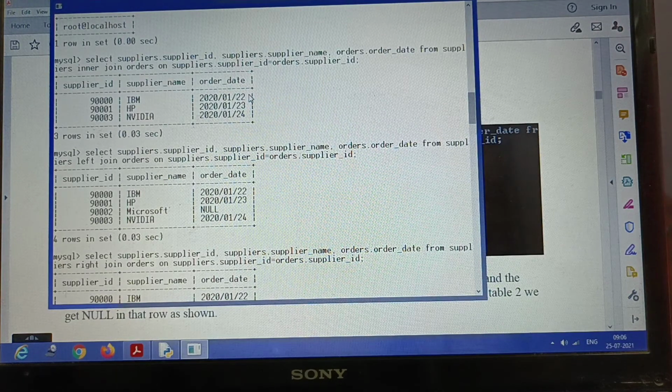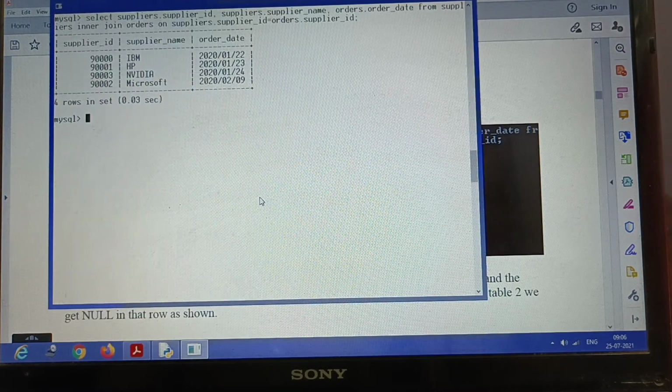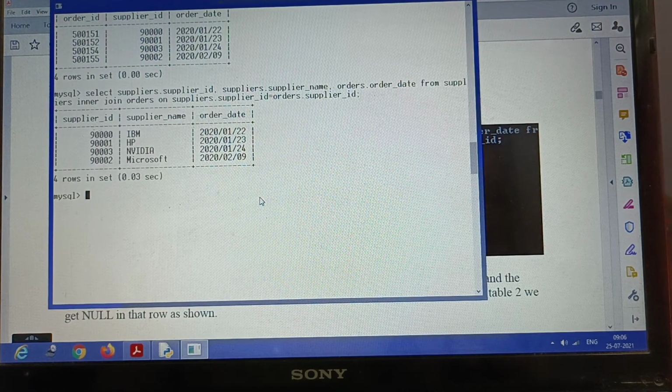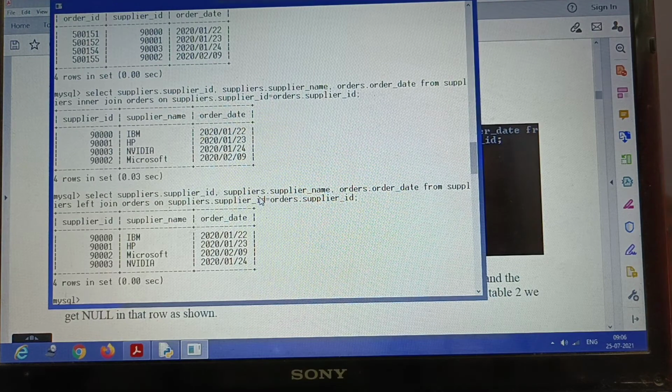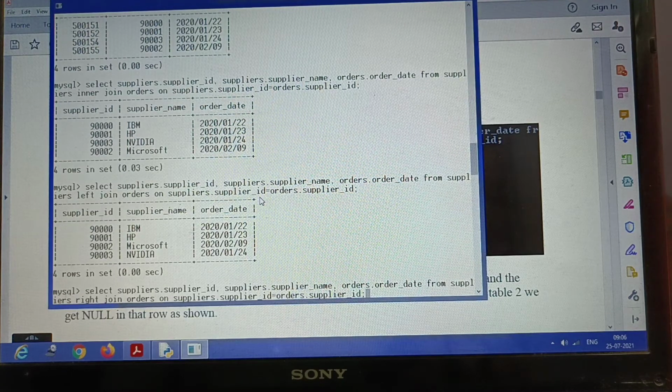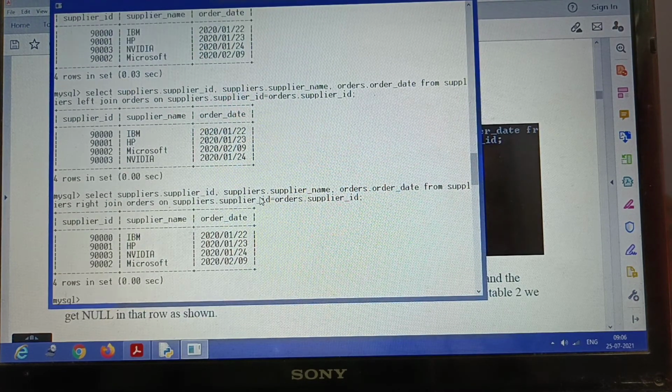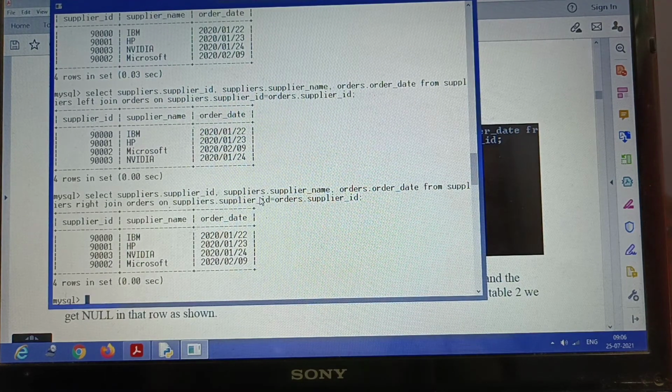Now you can see that the inner join, the overlapping area, has increased, because both the tables have 4 rows and both are matching. The left join is also having 4 rows and the right join is also having 4 rows, but there is a small difference.